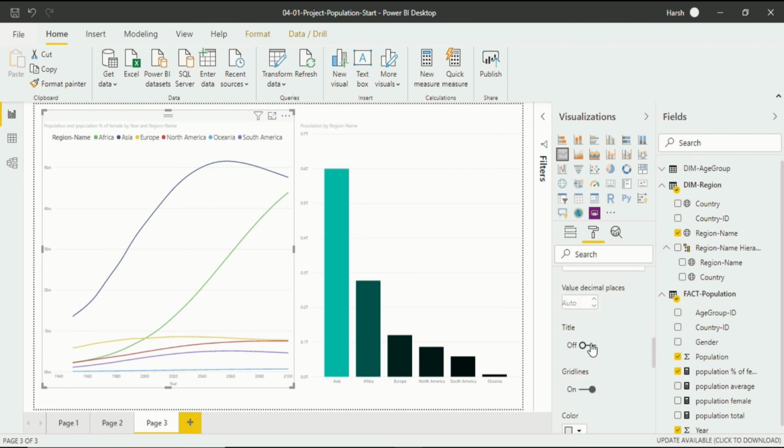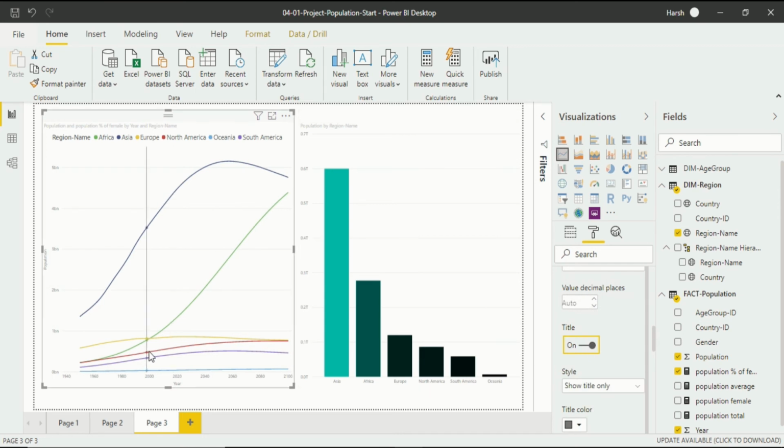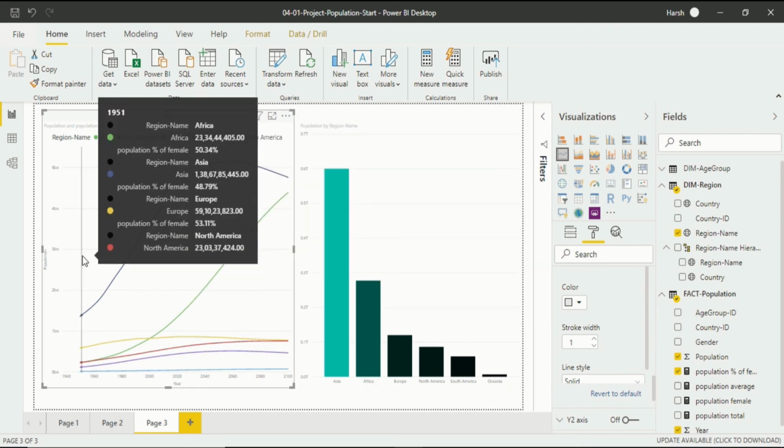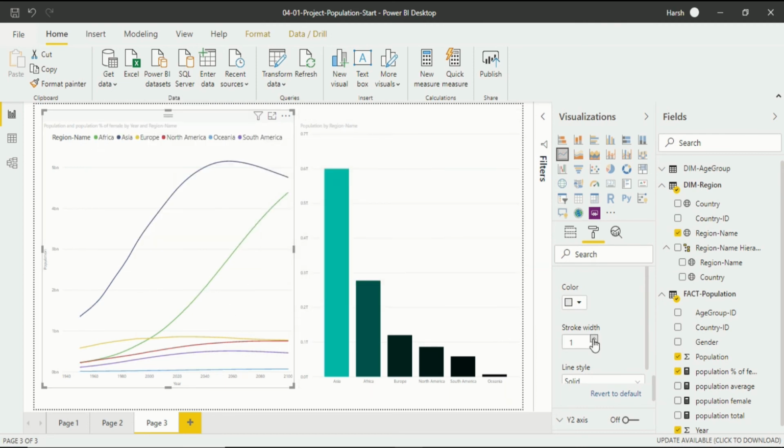I want to just introduce a title in here because that would help you understand the title of this y-axis, that is population. If you want to change the format or title or anything else, you can do it from here. Even the color and stroke width. If you want to increase the stroke width, that is the line of the y-axis, this one line. I will increase the stroke width so you would be able to understand what it is. So this is the y-axis. Again I will decrease it by 1. So you have understood that this is the stroke width. Let's decrease it by 1 because we do not require it.